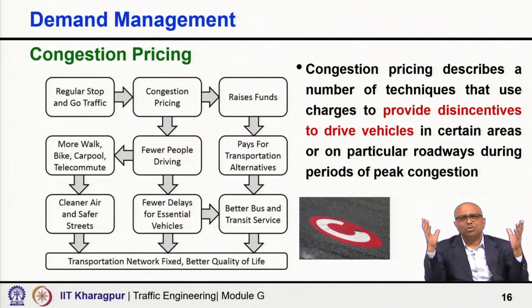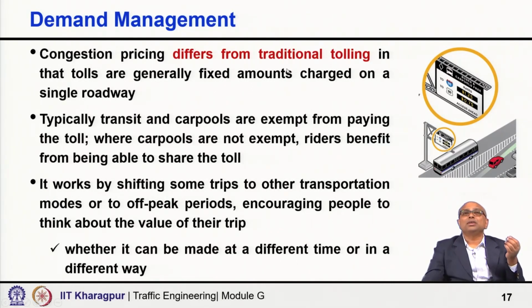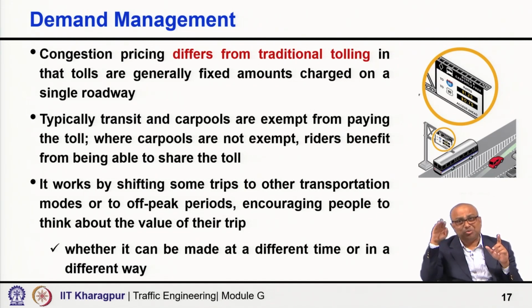So, many techniques are available to do congestion pricing. Congestion pricing differs from traditional tolling, because in traditional tolling you charge a fixed amount on a single roadway, every vehicle every time going, you pay this charge, right? That is typically what you do. That is the tolling, but congestion pricing means this will change